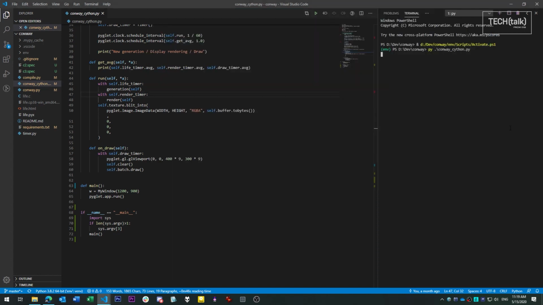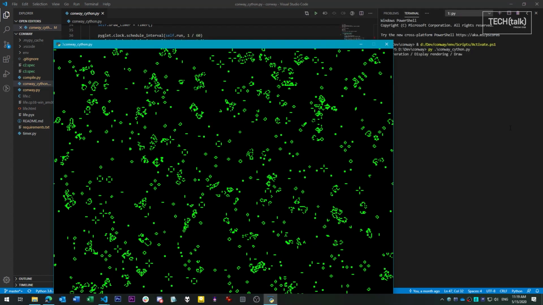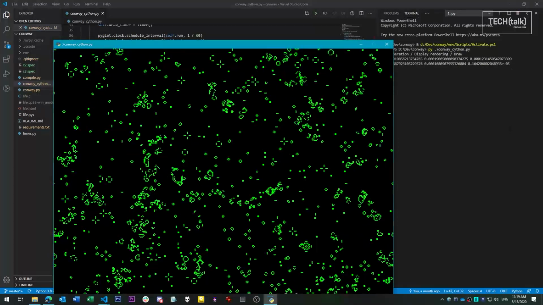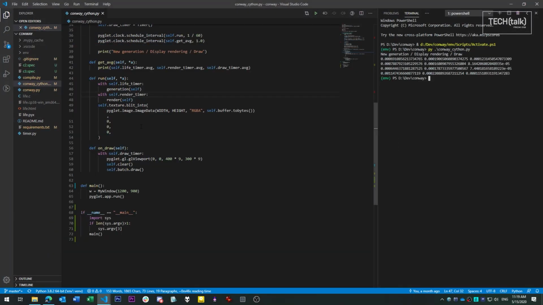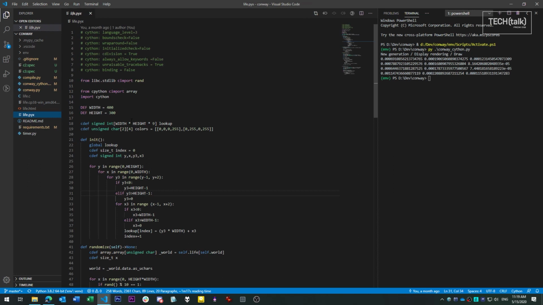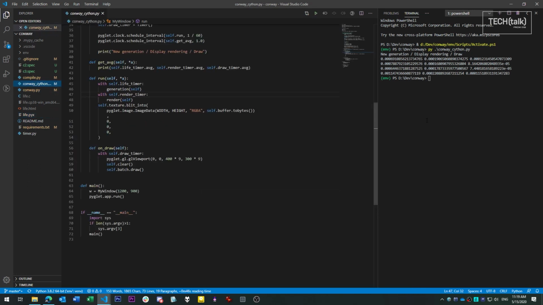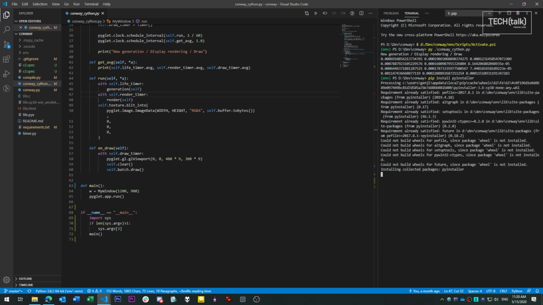For this demo, I'll be packaging up a program I've been using as a demo in a few previous videos, my implementation of Conway's Game of Life. It has a compiled binary module that it needs to run and a few other quirks which will help show off PyInstaller's feature set. First, you need to install PyInstaller using pip. I have a virtual environment created for this project, so I'm going to install PyInstaller into the virtual environment.